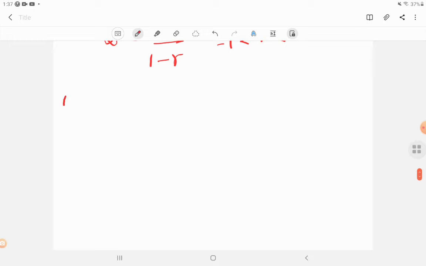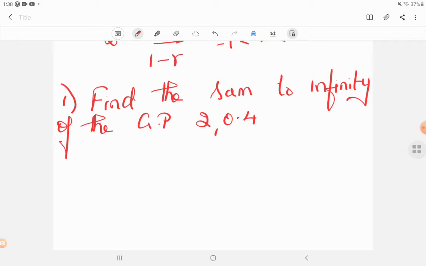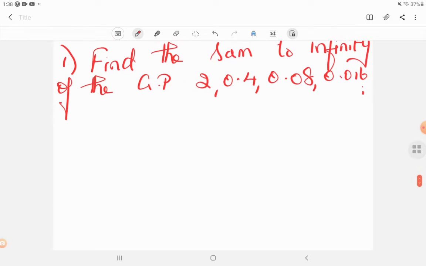Let's do an example where we apply this formula. Find the sum to infinity of the GP 2, 0.4, 0.08, 0.016, and so on. So here we can see that the first term is 2, and the common ratio is